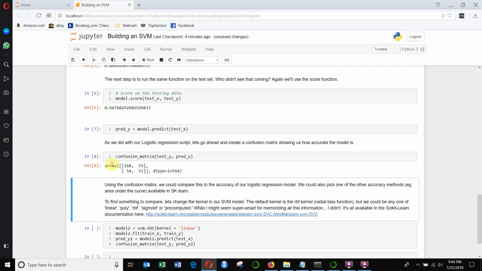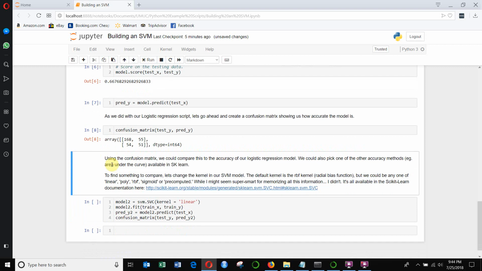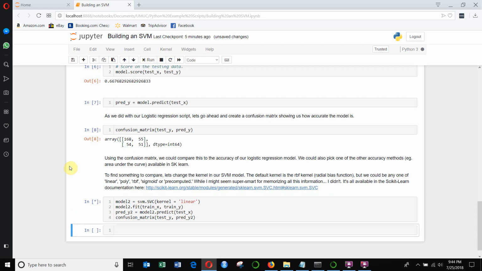So again, 0, 0 on the top and in the left column. But one of the things we can do with our support vector machine model that we could also have done with logistic regression, but that we didn't, is we can feed it different parameters. We can change the kernel type, for example, to a different type of kernel, and we can see what impact that has on training. So why don't we go ahead and create ourselves a support vector machine, and instead of